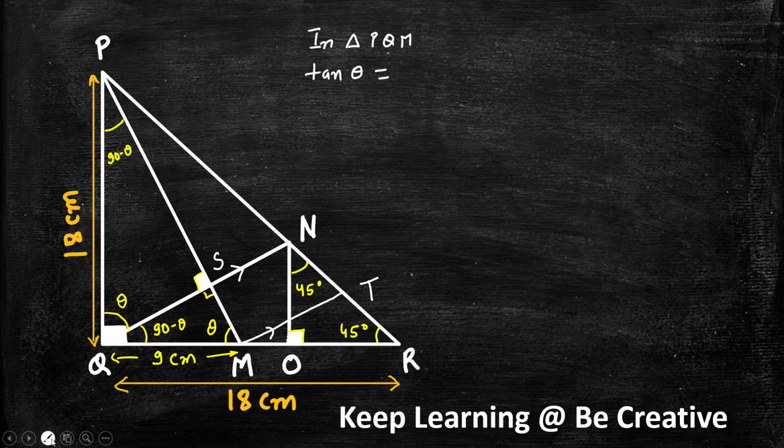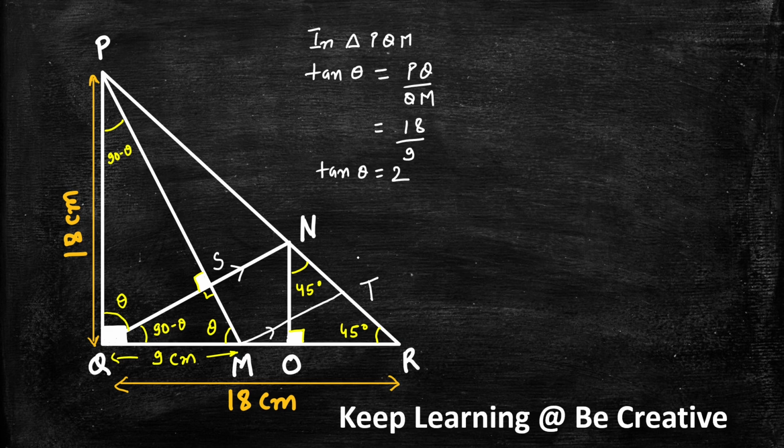So I will be very easily calculating tan theta. For your help I will write the ratio as well. It will be perpendicular, that means PQ upon QM. So tan theta comes out to be PQ is 18, and QM is 9, this ratio tan theta comes out to be